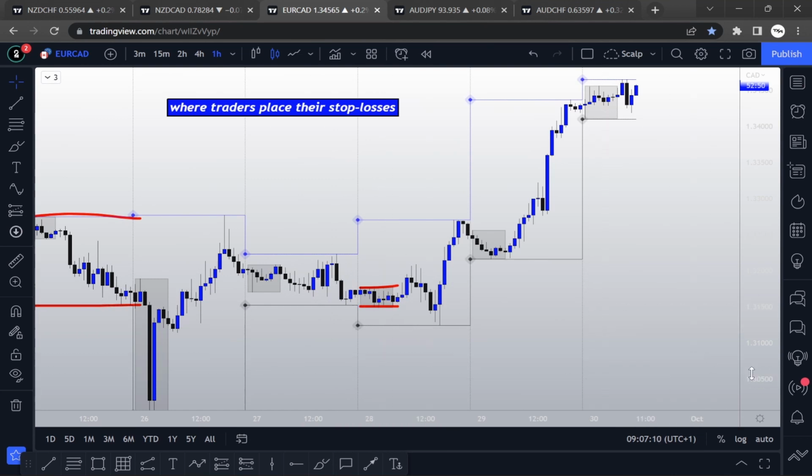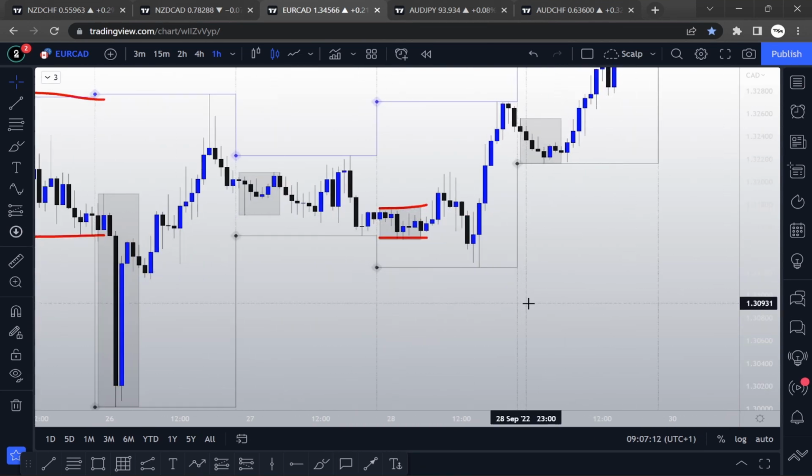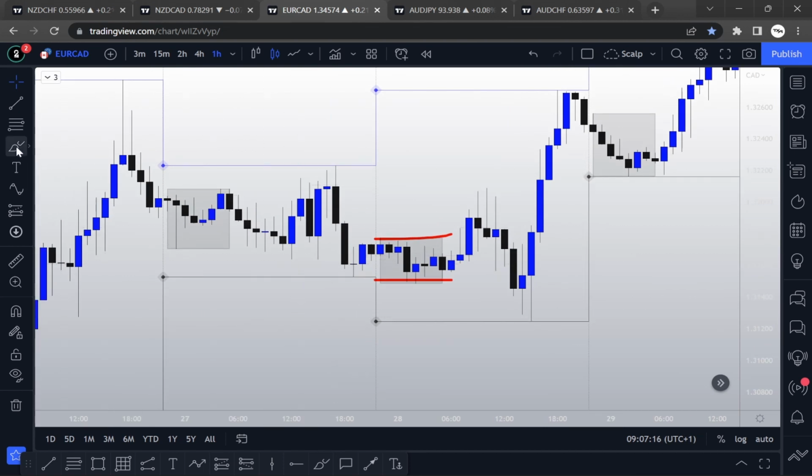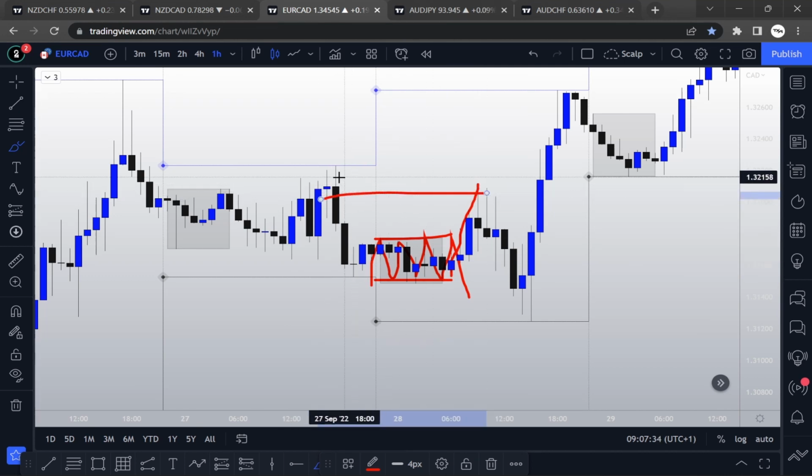So for instance, let's zoom into this section over here. We had an Asia session box right here, consolidation of the market. What happened during the London session? The first move in the London session was to this section, into this supply zone. Okay,